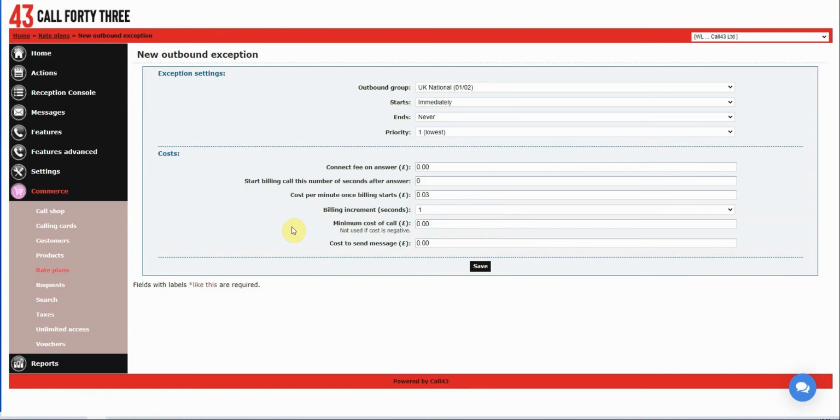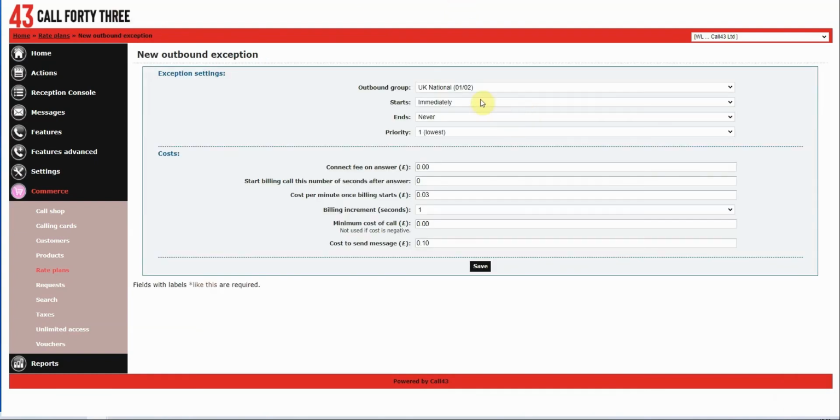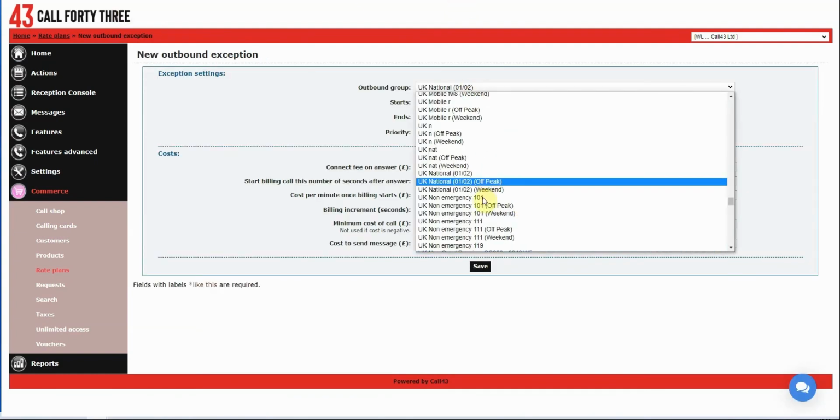Okay. Because you can send text messages out, it is strongly recommended that you put a charge in there for text messages, maybe 10p a minute. So if anyone decides to send a text message from the platform, it will charge out at 10p a minute. Click save. Again, use the little trick or cheat, press the back button, select the next one down, which is